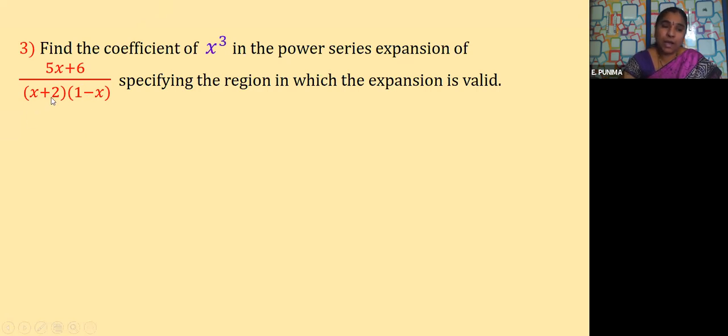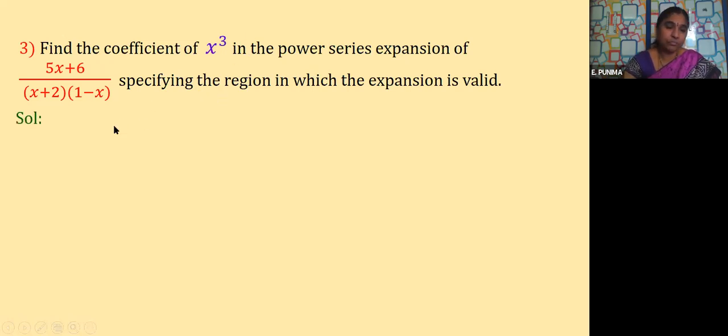But as I said, whenever higher powers are there, and I ask you such things, like what is the coefficient of the x to the power of 8 term, it is not easy to do the long division method. Yes or not? It will be very, very lengthy. So to avoid all such things, we are making use of these expansions. So how to do this?